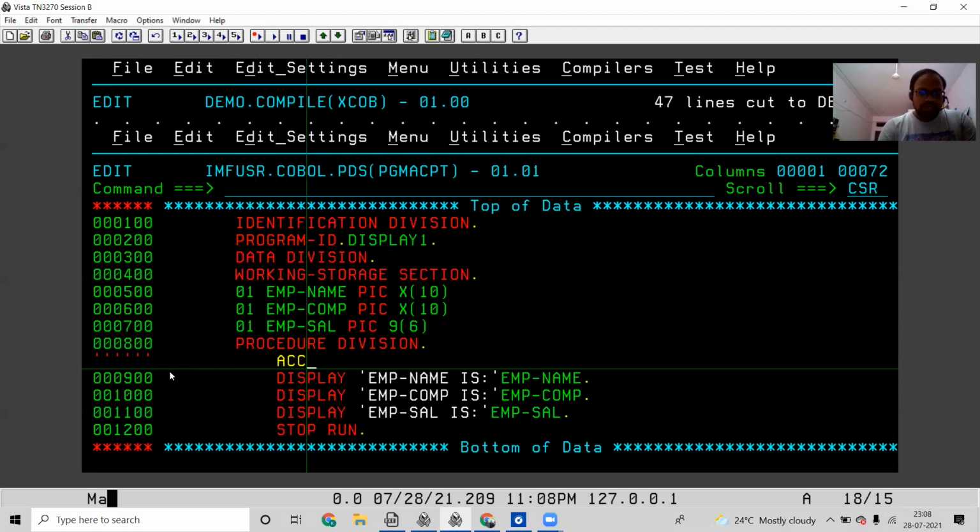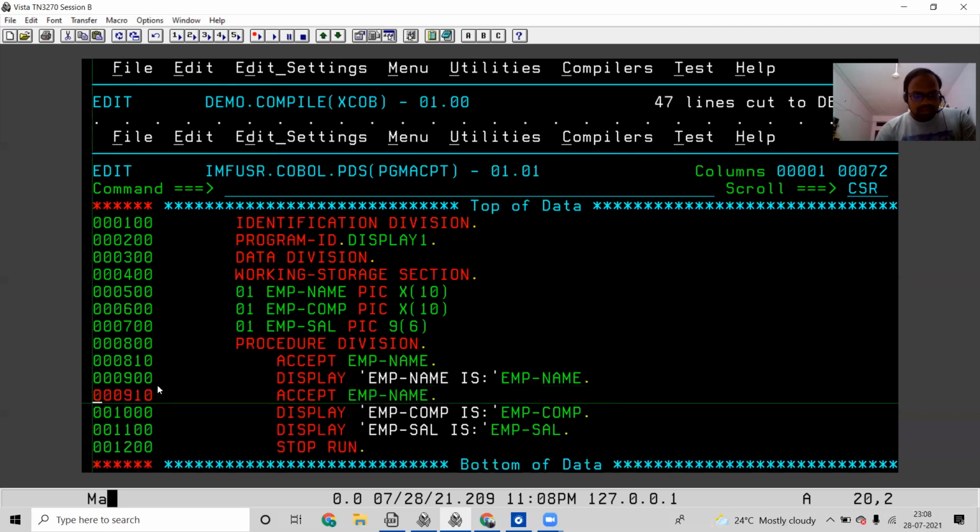So as I'm transferring the data dynamically, I need to accept each and every variable. Accept employee name. Okay, display employee name. Now again, accept employee company.